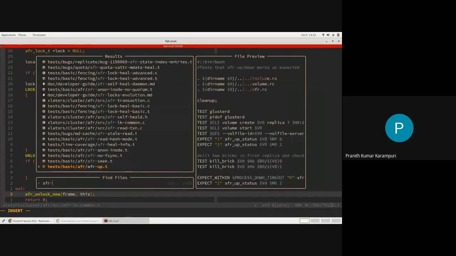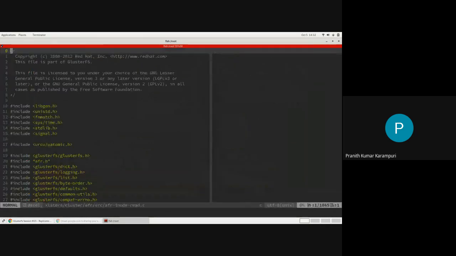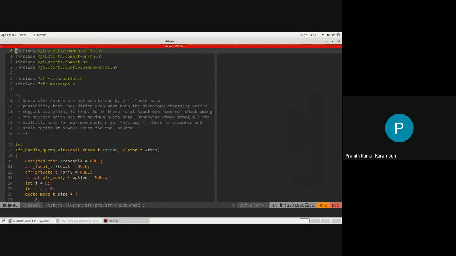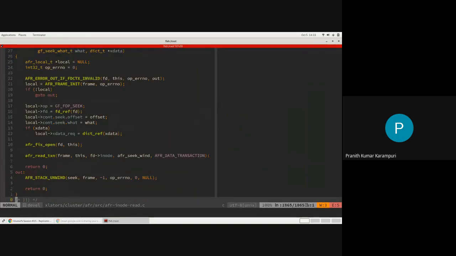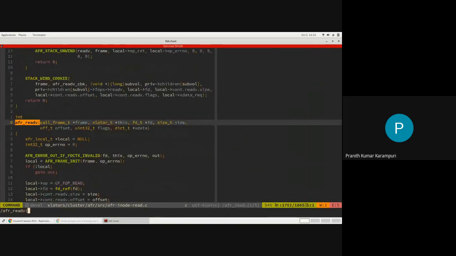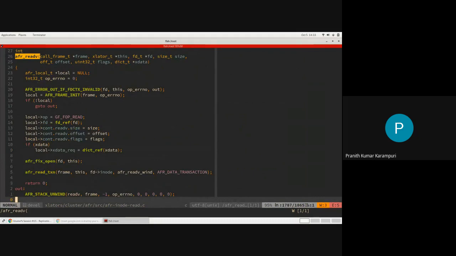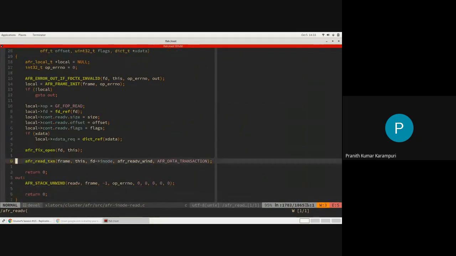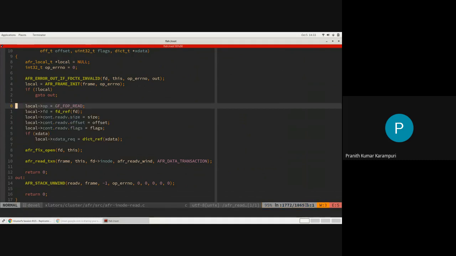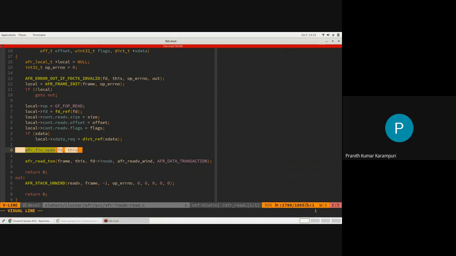All the operations that are supposed to do reads, like stat, fstat, fget, readv, and so on, all these fops will implement this and use this transaction. We will cover readv because that is the main fop for doing the read operation. As you can see, this is the transaction. To perform it, whatever data it needs, it will store in the respective data structures. This part is for fixing the OpenFD problem, so let's skip it for now.